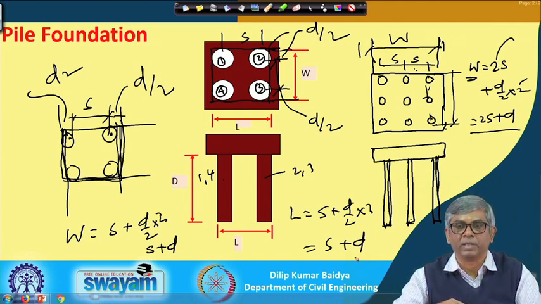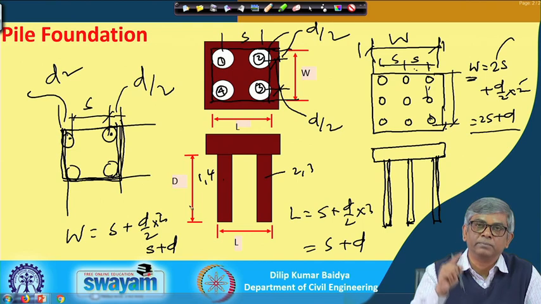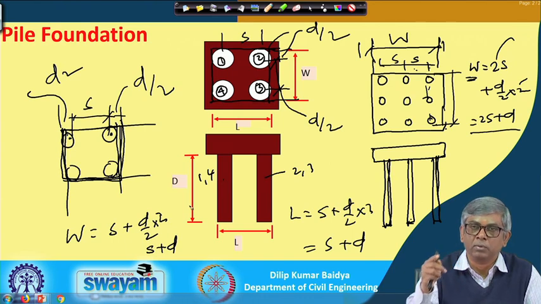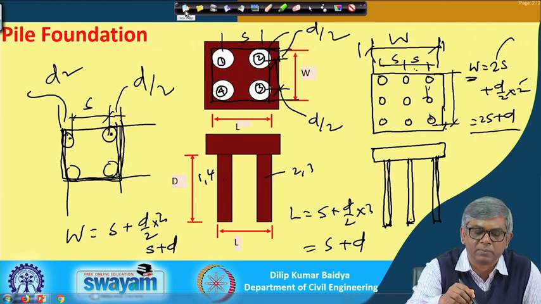And what is the elevation? In the elevation, the embedded length of the pile will be the length of the block. So, that means we are getting the block dimensions W, L and D. Then, when you get a block, you can find out the base resistance and the frictional resistance, and based on that I can find out the capacity. So, let me go to that part next.